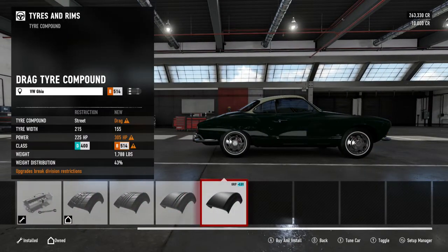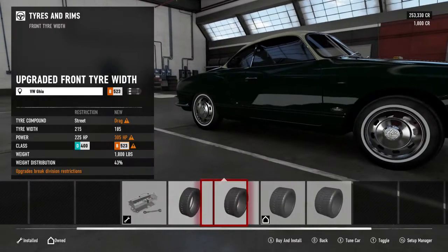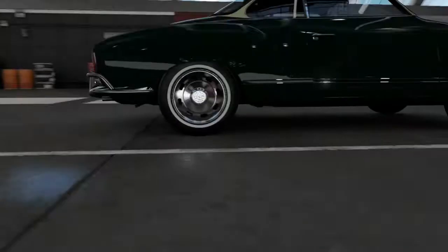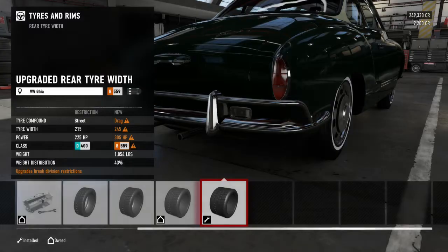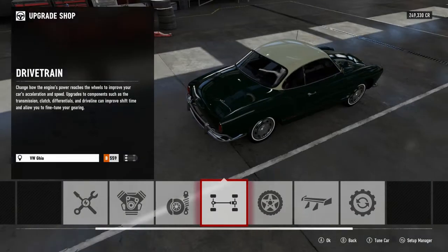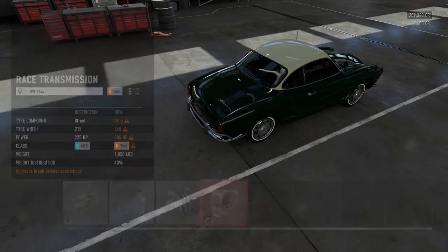Anyways, for a drag racing build, we need drag tyres, so we will have those. What size tyres can we get on the back? 225s. That's nowhere near enough. No, that's the rear tyres. 245s. Never mind, it's 225s on the front, 245s on the rear. What else is important to a drag car? As I said, I literally do not build these, so...